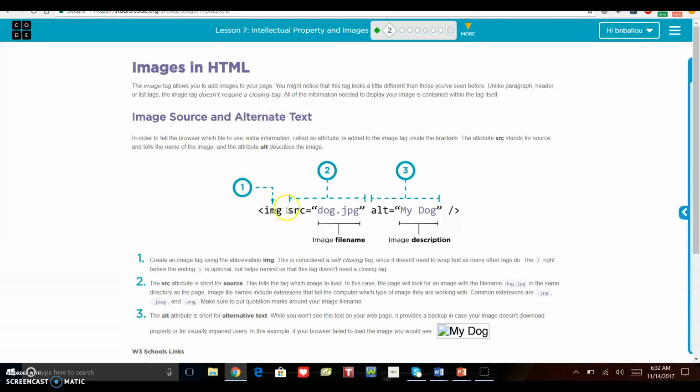So we start off with the image tag, or the IMG abbreviation. So image space SRC, and SRC is source. So image source equals, and then in parentheses you put the file name or the name of the image that you're using. Then the third thing you put is your alt, or your alternative text, which would say a description